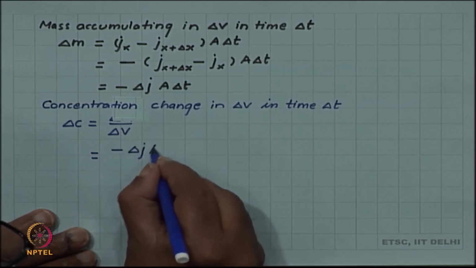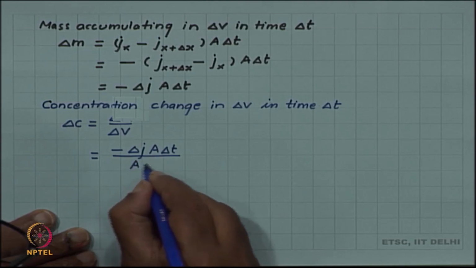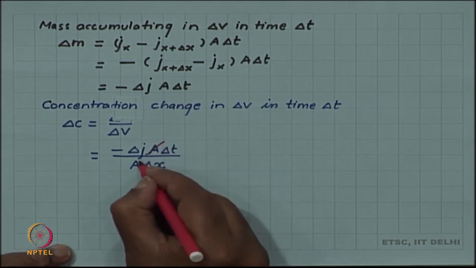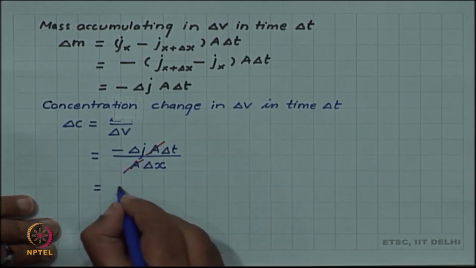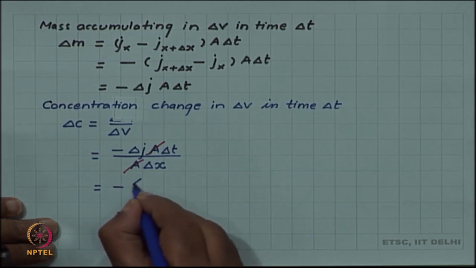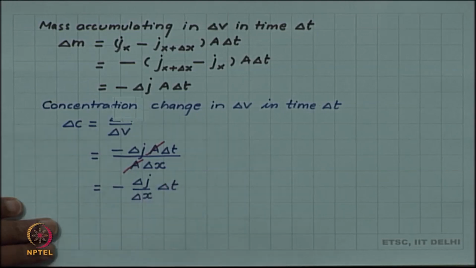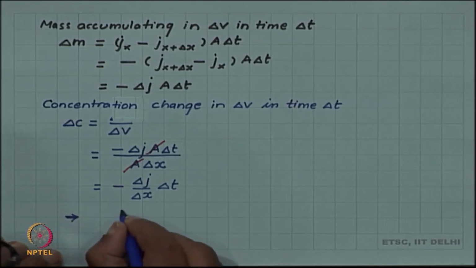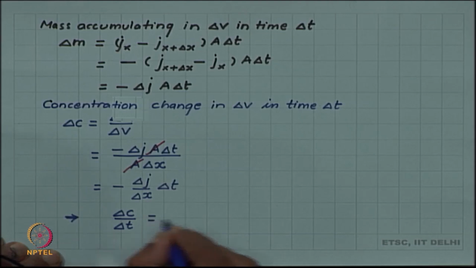minus delta j A delta t and delta V is nothing but A delta x. So, A cancels from numerator and denominator and we can write this now as minus delta j by delta x delta t. And if we transpose delta t on this side, we can find the rate of change of concentration. So, we can write this as delta C by delta t is equal to minus